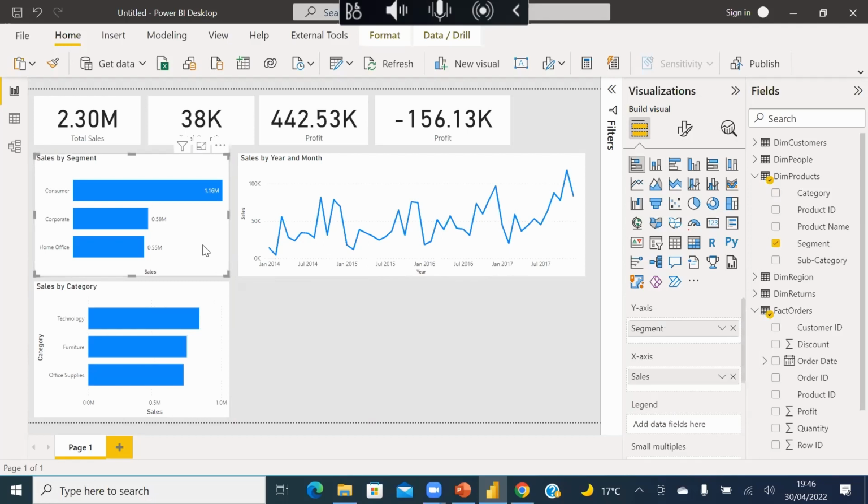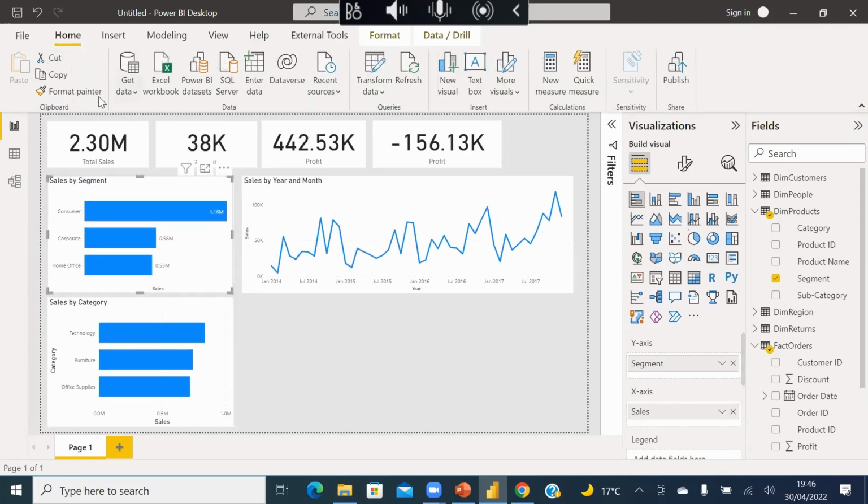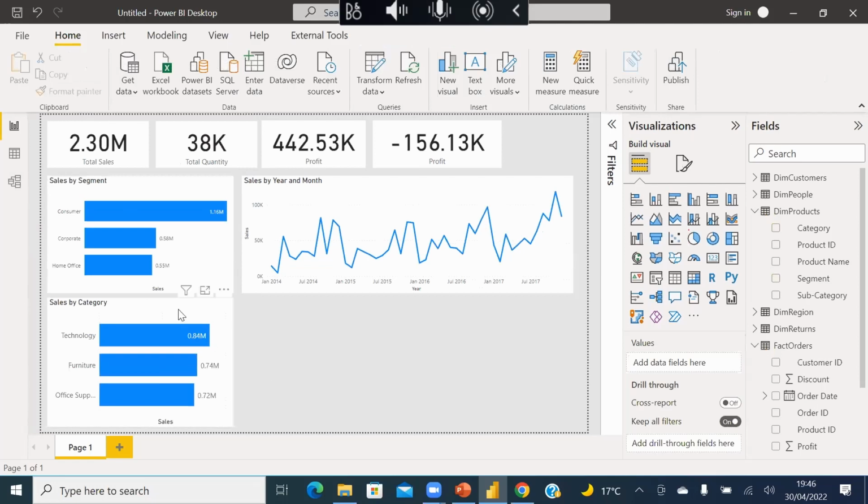One more thing you can do again is copy format. You know, we formatted this visual, right? You can go up here. Let me expand this so you see it. It's called Format Painter, right? You can click on this visual, copy this formatting, and apply it to this visual. Now we can see the values for this visual. There was no need for us to edit this over and over and over again, right?